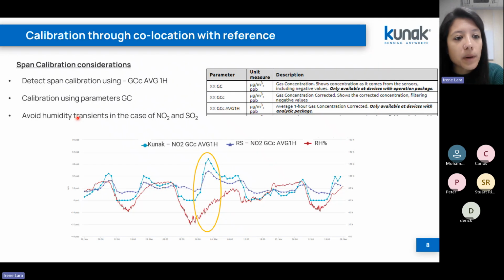And then regarding the span calibration, again, we will use GC parameters. We try to avoid humidity transients. As here you can see, for example, we have some concentrations, but we also have a humidity transient here. So it is better not to select these points for calibration. And also another consideration regarding span calibration is that we need a minimum concentration in order to use that